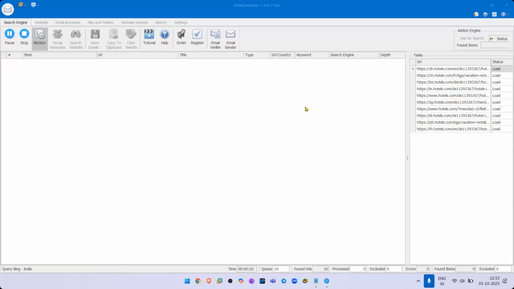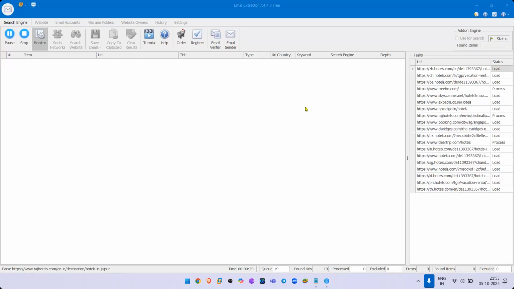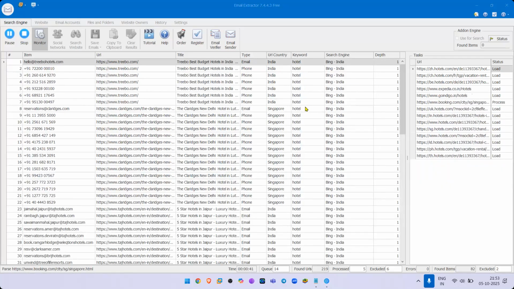Just imagine it searching the whole of Google. That's not a small task. It goes on for years. Now you know how these credit card companies get your phone numbers and your email addresses. This is how they get it. I'm stopping the search. This is how these database companies collect our details. So this is the Taj Mahal Hotel email address and phone numbers.